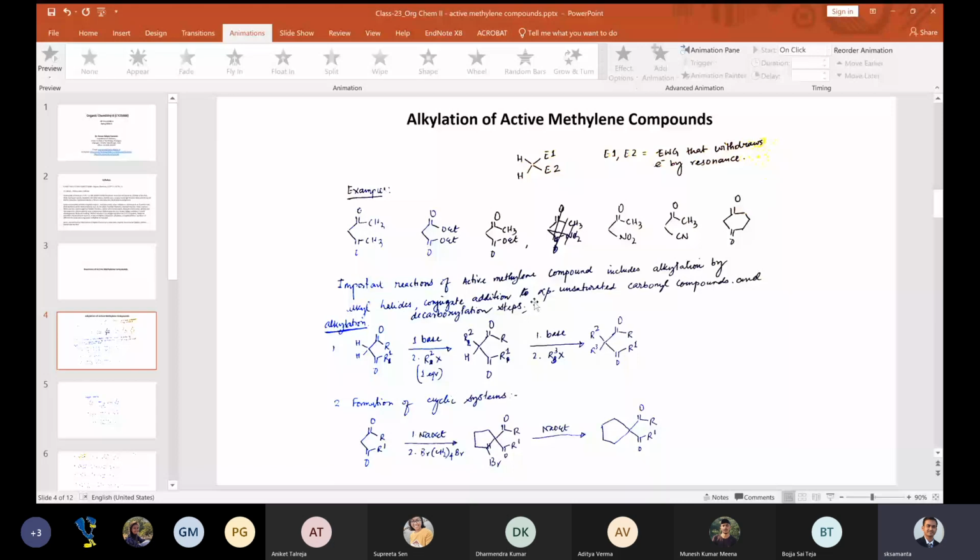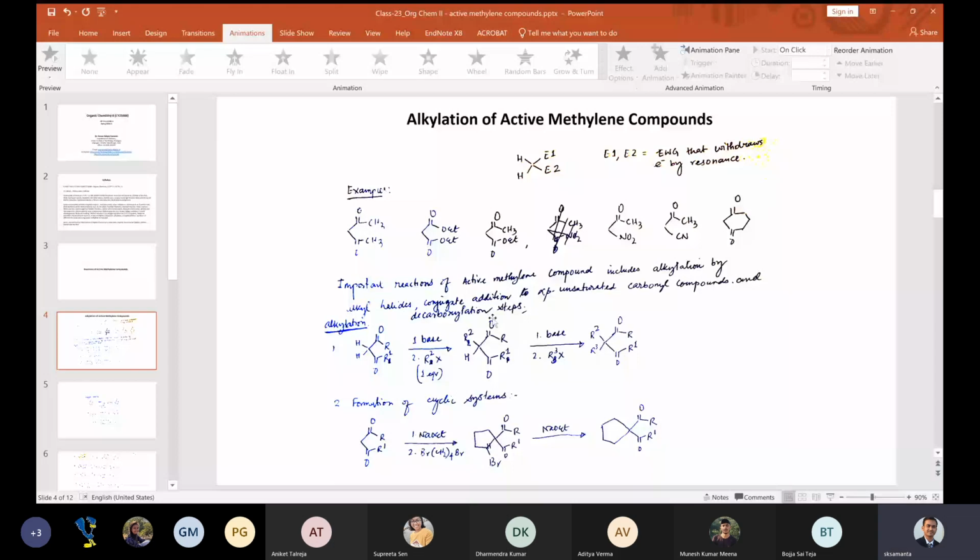It is very simple. You add base. So one of these two protons is highly acidic because of the two electron withdrawing groups. You just add base and then one of these protons will be taken if you are adding one equivalent of base, and then it will form a negative charge, and then you take an alkyl halide. Okay, let's say I take one equivalent. So this negative charge will then attack this RX, to form this kind of monoalkylated active methylene compound.